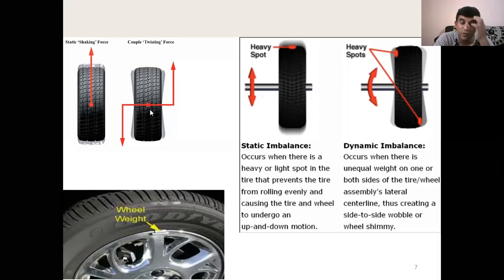Then we'll go for the wheel balancing method. How do you do the wheel balancing method? You can see the figure below. In the wheel balancing technique, they add some masses, the wheel weight. They add some billets like this into the rim.